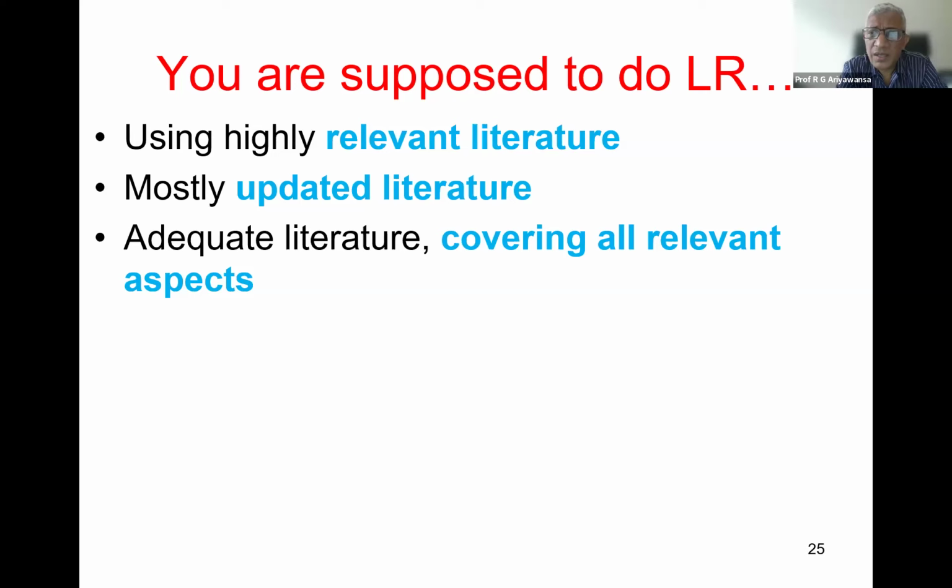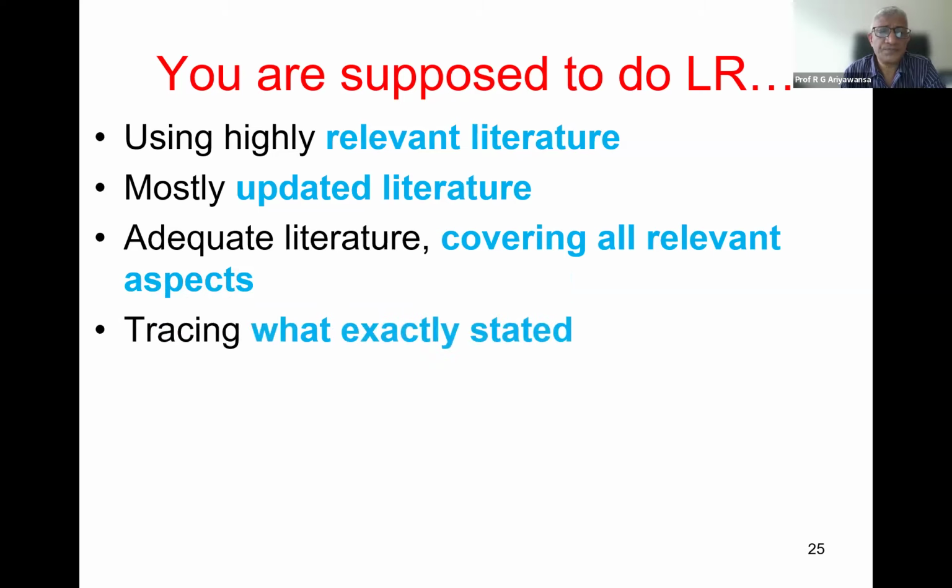Understood it? Clear? Covering all areas means that in your title, there may be different concepts, right? Likewise, you have to address or read to cover the whole areas. So you have to trace, you have to understand, you have to identify what exactly the literature stated, right? So therefore, you have to read 2 or 3 times what the particular author or writer has interpreted, that written, right? So you have to understand very well